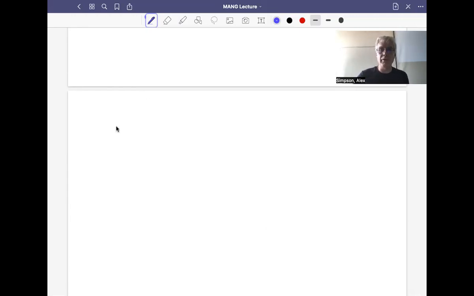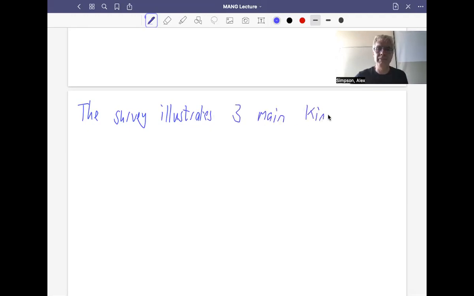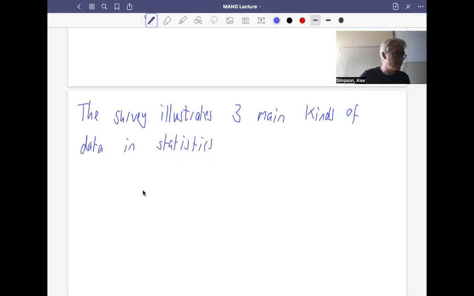So that survey we've already got illustrates 3 different kinds of data, and this is part of the important material I want to cover today, these 3 kinds of data that one gets in statistics. So the survey illustrates the three main kinds of data in statistics. And these are